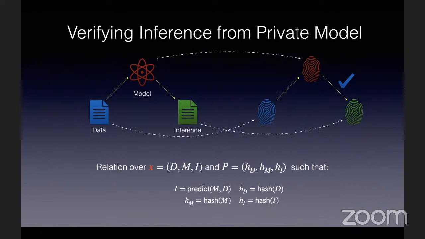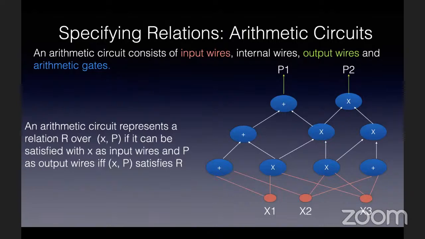So now let's come to this. A lot of people are from an electrical engineering background, so they might appreciate this. How do we express these relationships that we want to verify using zero knowledge proofs? The answer is we have to specify them using what we call arithmetic circuits. They are very similar to the Boolean circuits we all know, only the gates here are a bit different.